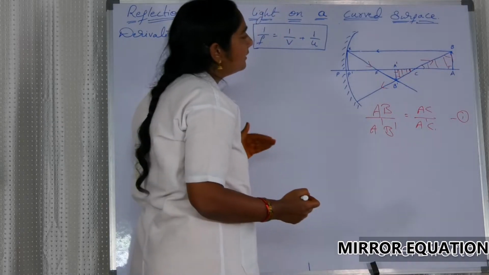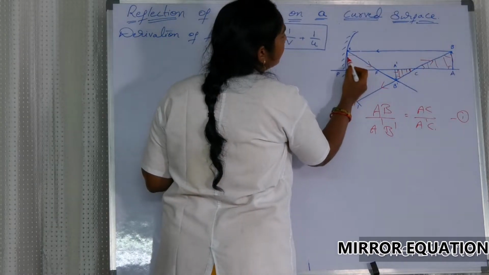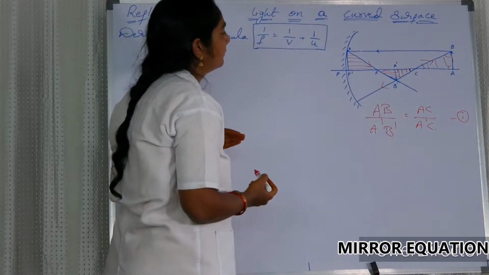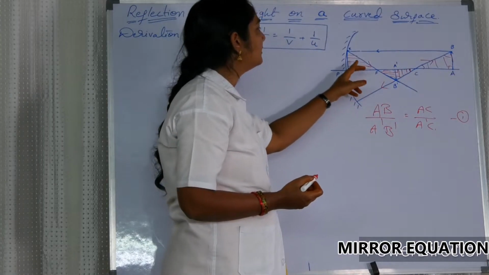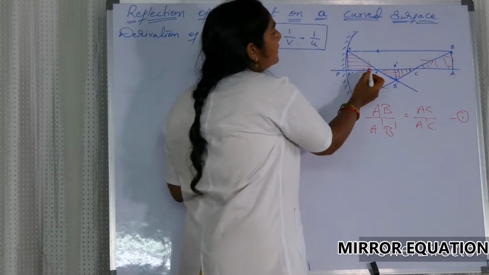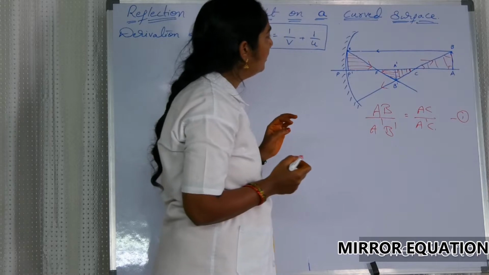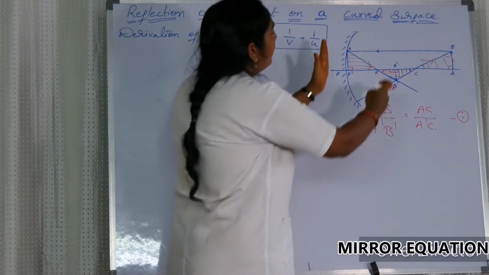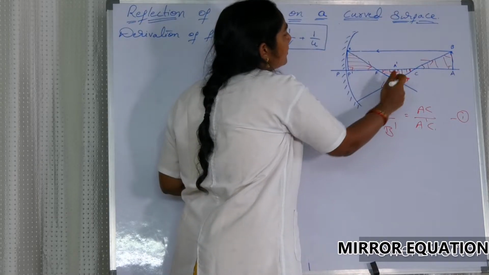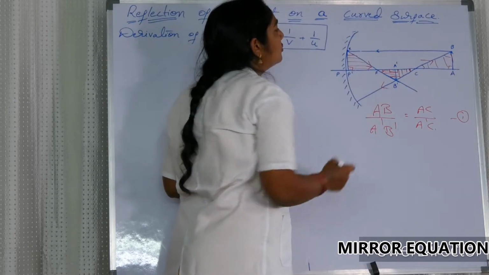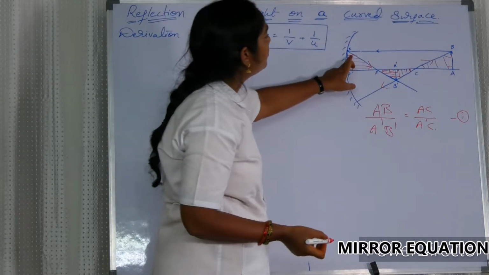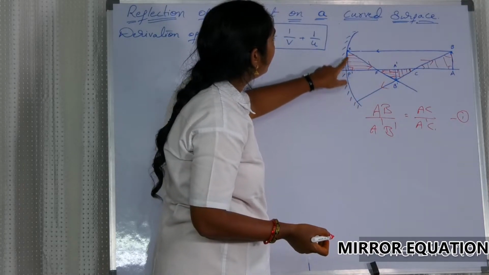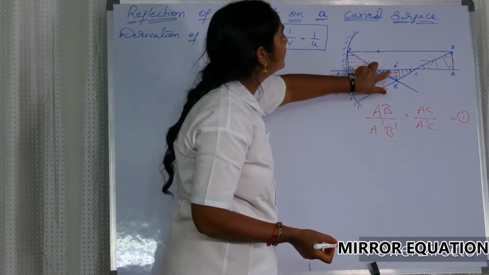Now again, let us consider these two triangles. This is one triangle here, this is another triangle here. Again these are vertically opposite angles, they are equal, and similarly 90 degrees, right angle. When we take these two on the parallel lines with this as the transversal, these are the alternate angles, which are equal. So according to the axiom AAA, these two triangles, triangle F A dash B dash and triangle P dash XF, are similar.